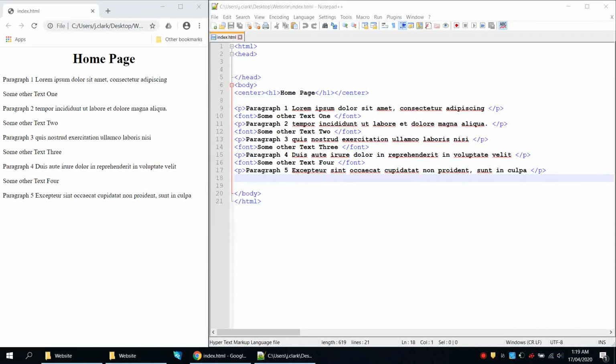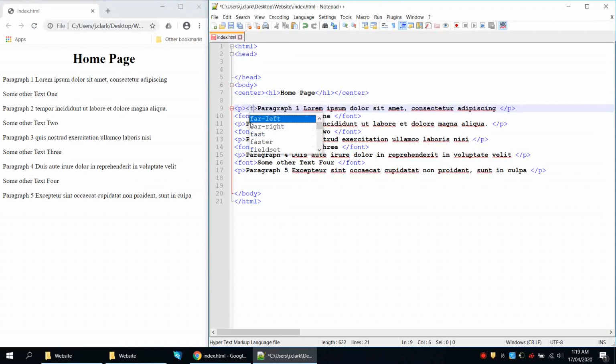Now we're going to talk about CSS, but first off I need to explain why you would want to use it. In this example I've set up some paragraph and some font tags. Now let's say that all of these paragraph tags we want to be blue and to be a bigger font. So we can't just put a font tag around it and make it all bigger, because then everything will go bigger. So then what we'd have to do is individually go into here and go font and